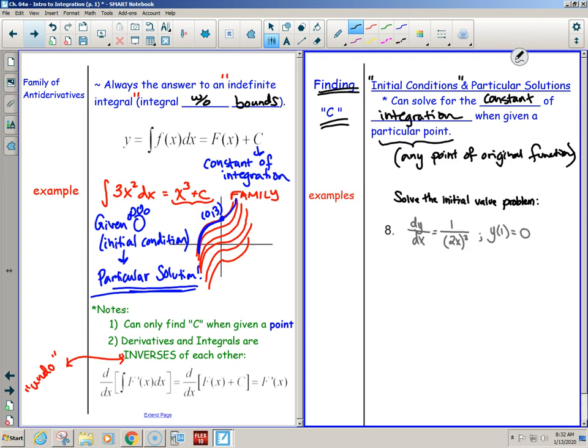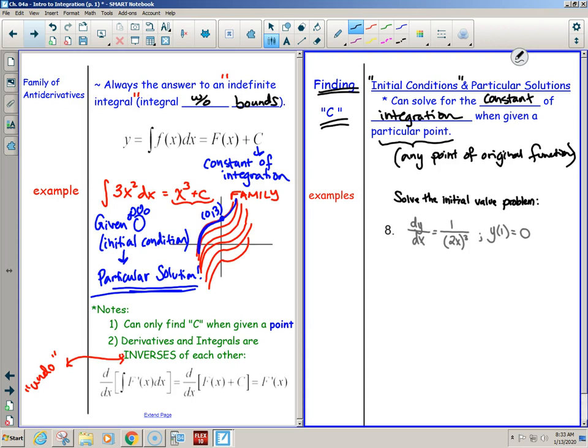But in that one, they weren't asking for the function of how much. They were asking for the change, how much water flowed between this time and this time. I think it was 20 to 100 or something like that. So it was a little bit different in that it was just asking for the change in the water. That's a definite integral from an A to a B. But anyway, long story short,